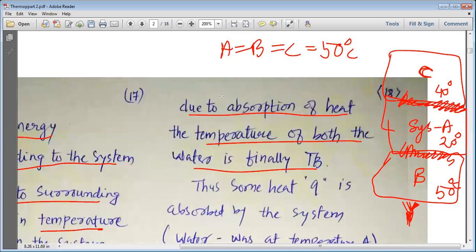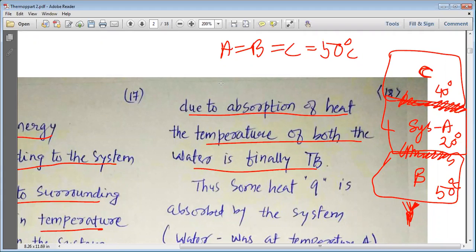One more example I can give you, my dear students: if you have a bucket made up of copper, you keep it in your bathroom for taking a bath. The temperature of the water inside the bucket is 50 degrees centigrade. It's a cold winter day. You will come to know that after 2 hours, when you go for a bath, the temperature of that water has decreased and it has become equal to the temperature of the water present in your tank, because ultimately the temperature has to decrease.